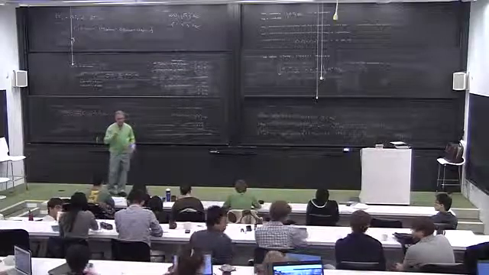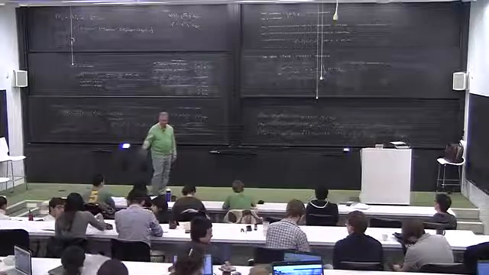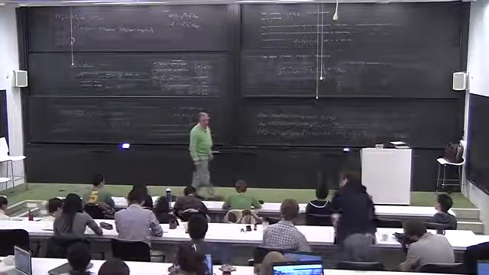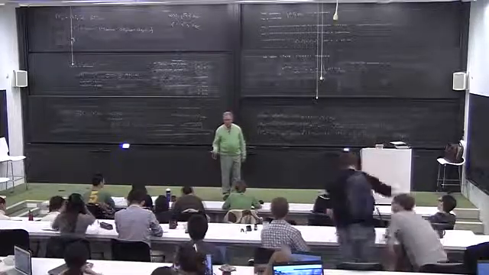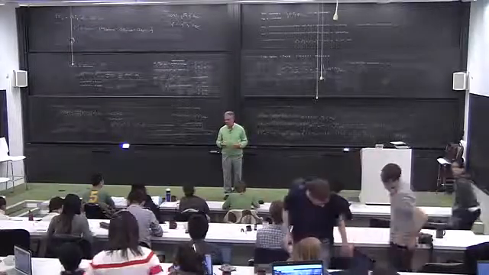Part of the variation, the part that's the total divergence, will integrate to 0. So having a Lagrangian that changes by a total divergence is as good as having a Lagrangian that doesn't change at all. They both give us